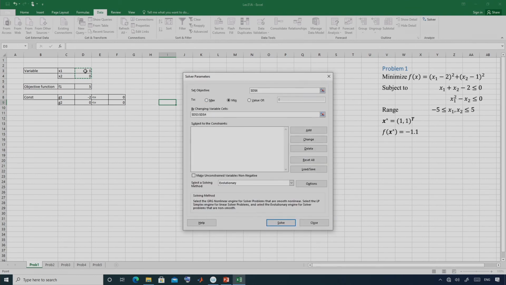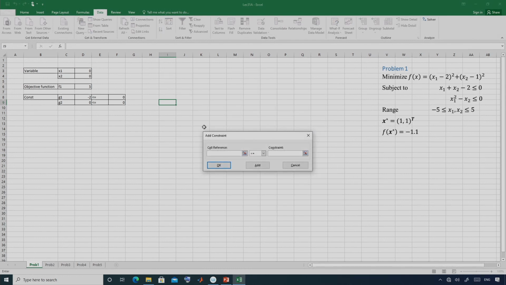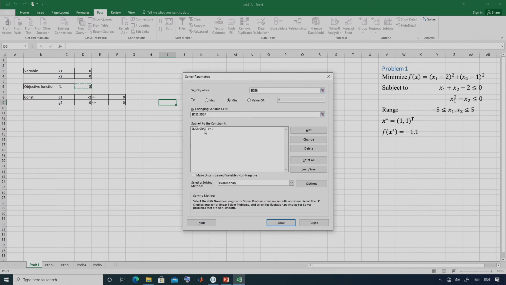Okay. So, D3 and D4. So, that is my variable cells. Then you define the constraint. So, I have two constraints here, these two cells basically, and this should be less than or equal to 0. Okay. So, now I have defined the optimization problem here,